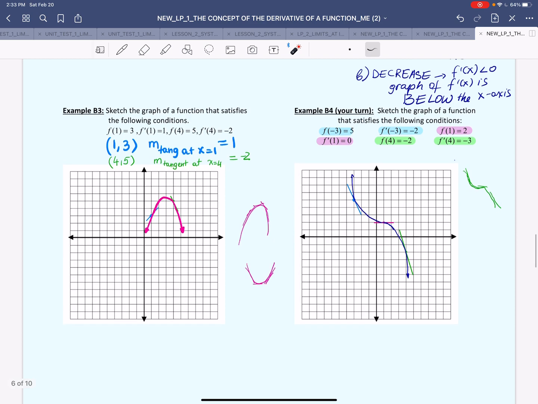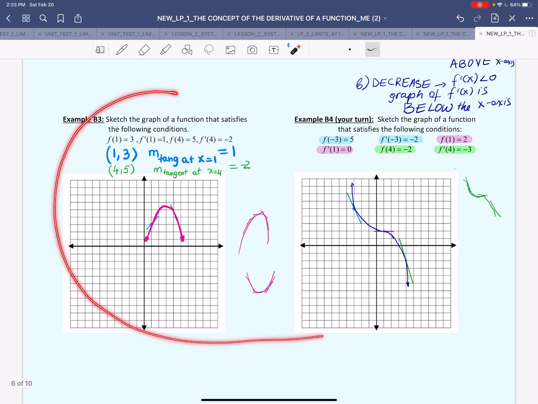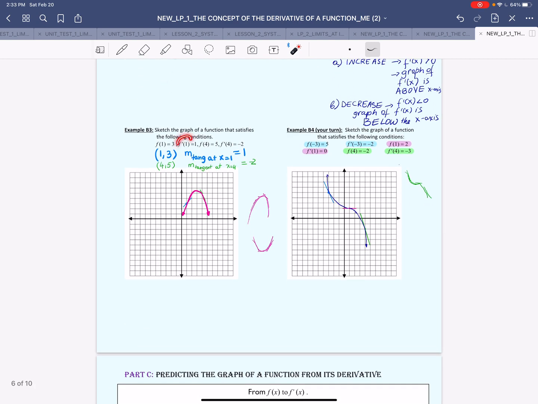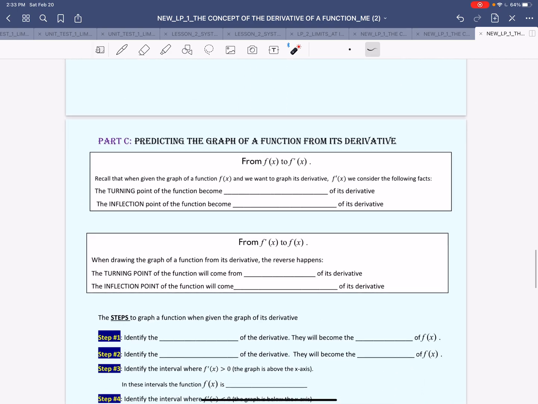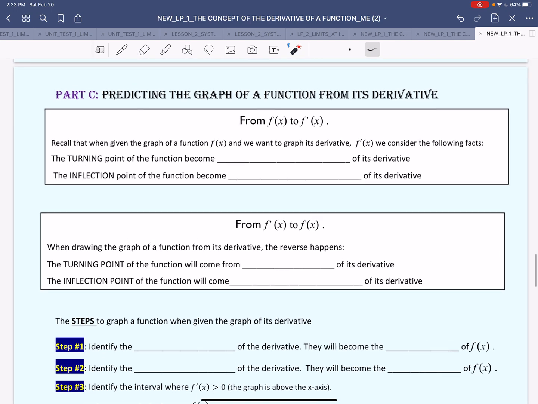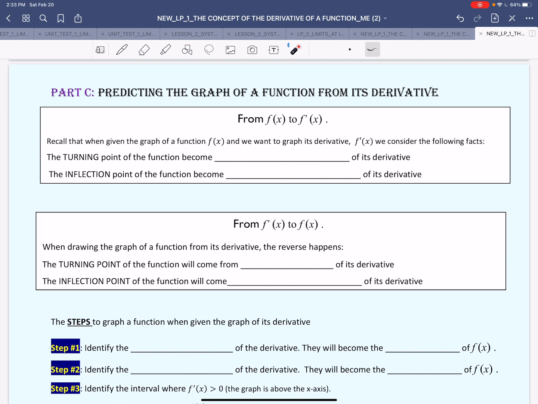So I prepared this example as an investigation, as a bridge that will connect our ideas between graphing the derivative from a function. So here we're graphing the derivative from the function. Here we're using some of the values of the derivative to sketch the function. And now we are going to move on to try and predict the shape of the function from the derivative. Now, how do we do this? So I try to jot some notes in here and set some rules so it's easier for us to follow an algorithm in order to